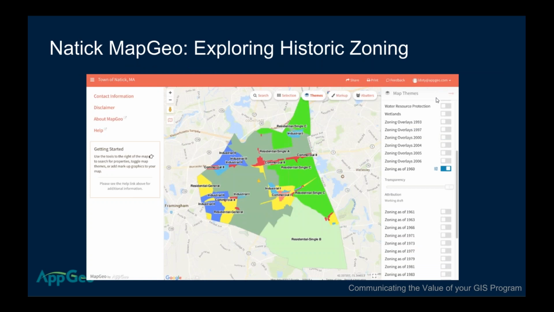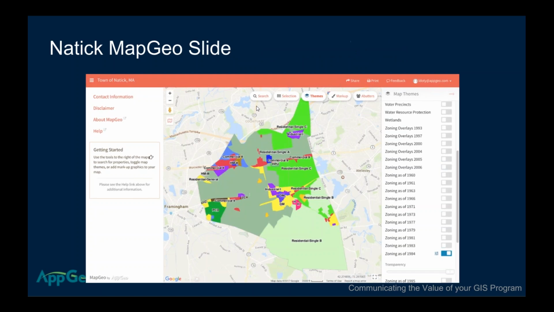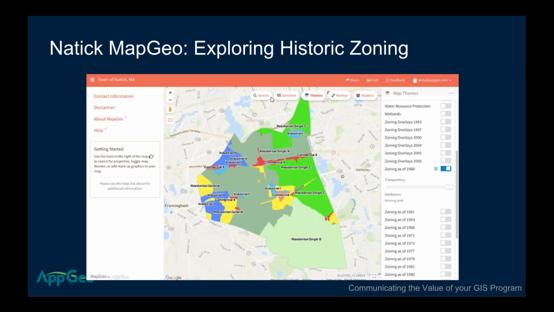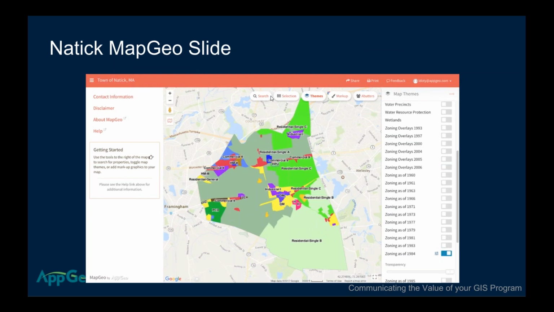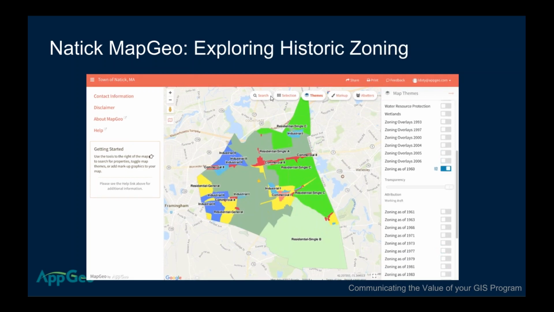Thanks, David. So I think MapGeo served as a really effective data delivery tool for Natick. Working with AppGeo, Natick was able to put on every single zoning overlay as an individual layer on their MapGeo site, starting from 1960 up to 2006. And as I scroll back and forth between these two slides, this is 1984 versus 1960, you can really effectively see those areas of zoning change.